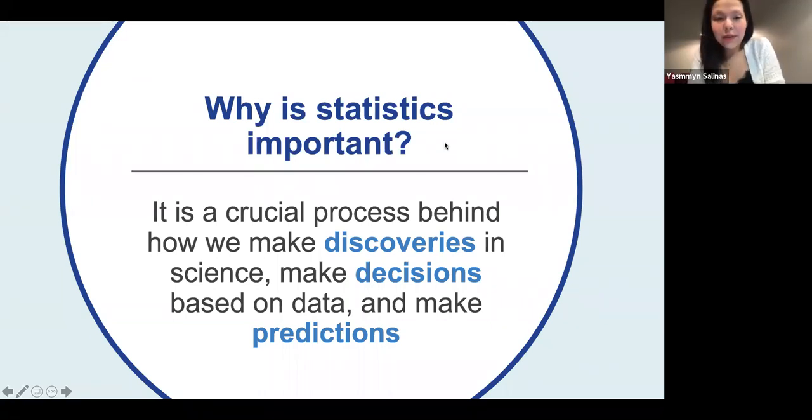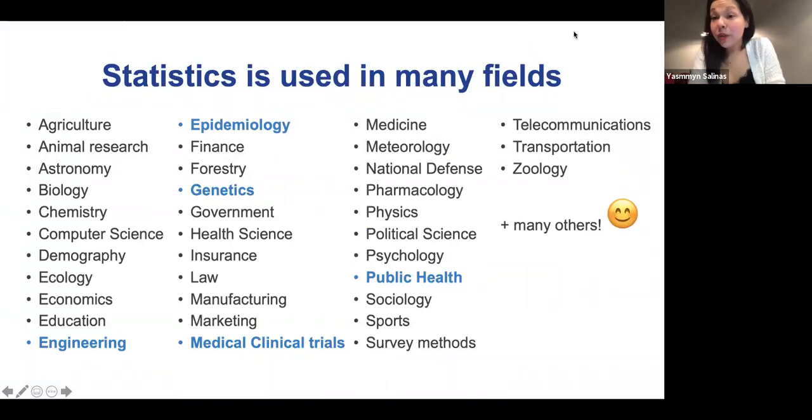All right. So what I want to show you in this second part is the fact that statistics is used in a lot of different fields. This is going to be your gateway to making an impact in a lot of different careers and areas. This is just a sample of the many fields that use statistics: agriculture, biology, chemistry, computer science, economics, engineering, government, health sciences, marketing, medicine. The list goes on and on and on, okay?